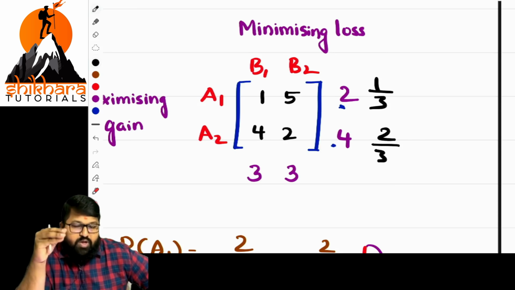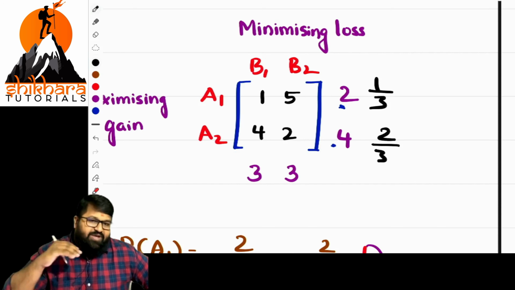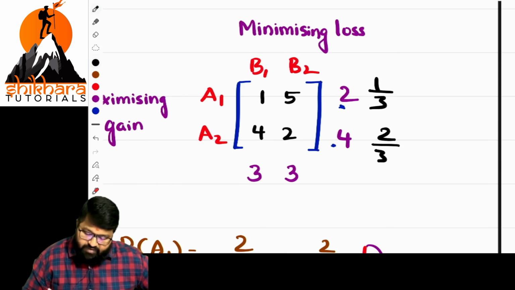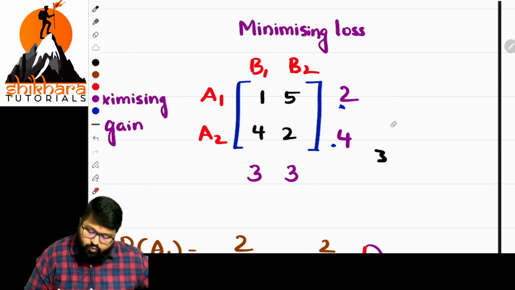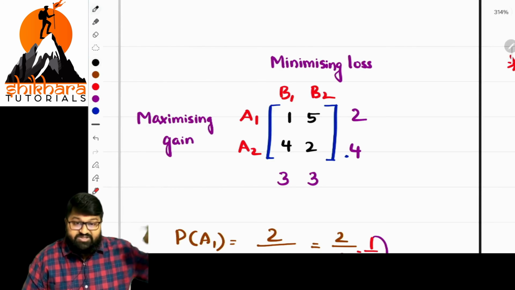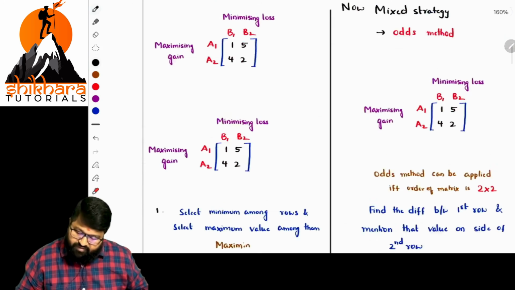In the odds rule, the matrix should be of 2 by 2 order. That is, the number of rows and number of columns should be 2 by 2. Then we can calculate the probabilities and then apply. I can clarify this by showing the steps which I mentioned earlier. Now I'll show the steps there. That will be fine for you.